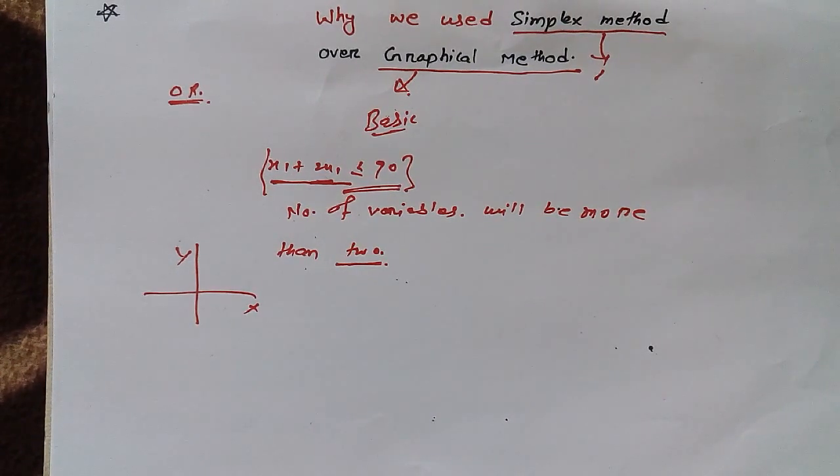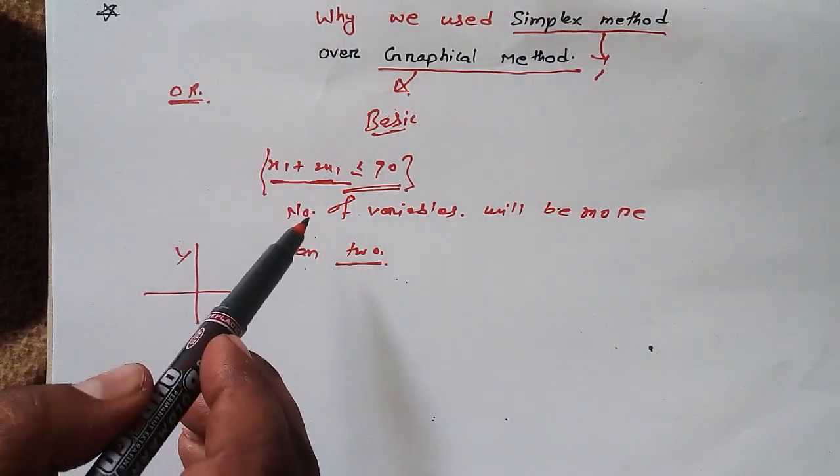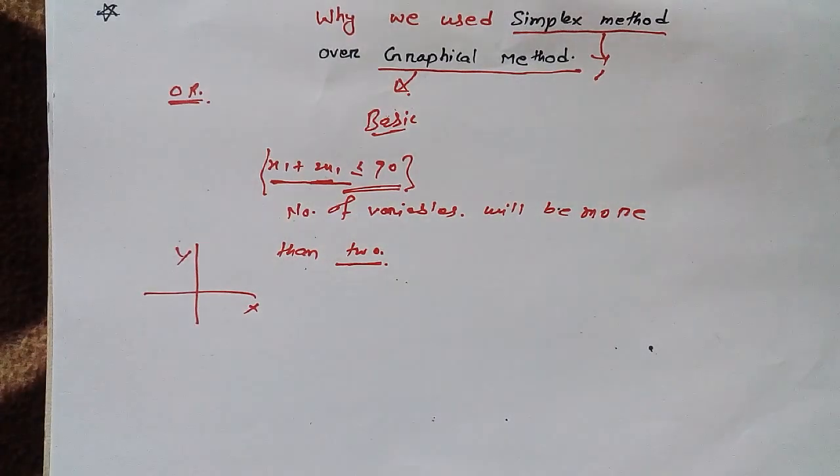laborious than the graphical method. But if we are given only two variables in the constraint equations, then I'll suggest you go for the graphical method to find the solution quite easily and in very little time, and you can also maintain accuracy, because in the simplex method maintaining accuracy is a little bit difficult. You need to practice, because there are a lot of things you need to follow.